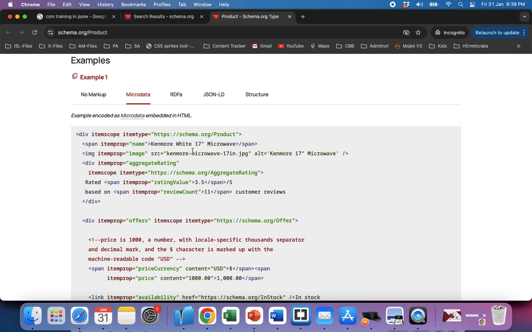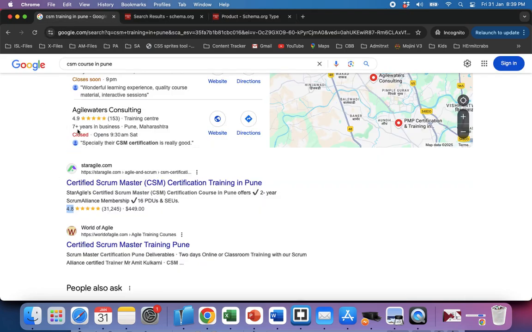Same way, the moment you wrap it with the schema, Googlebot is able to understand this as the price of the product. So when Googlebot understands it better, they give a rich presentation for the same on Google search results. The advantage is it improves the CTR. The second advantage is this will also improve the crawl frequency of your website.